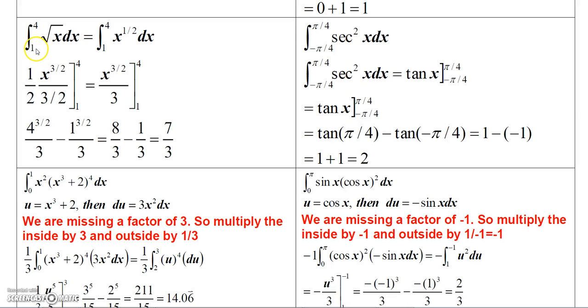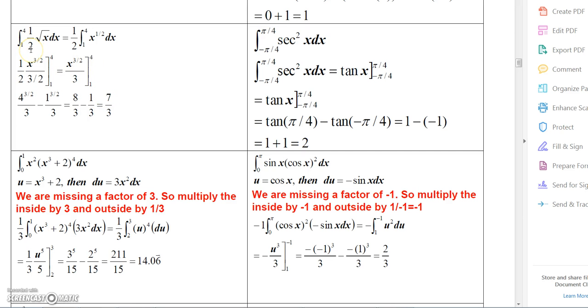Okay, now these others, I'll just go through them, and I'm going to assume you know how to integrate these functions by now. If you've watched all my other videos, you should know how to perform the integrals. So here we have the square root of x, which I need to write as x to the 1/2. And then if I apply the power rule, I get x to the 3/2 divided by 3/2. And let's see, oh, there should have been a 1/2 in front of this, so I'm sorry, I didn't put the 1/2. Okay, so this function should have been the integral of 1/2 square root of x dx from 1